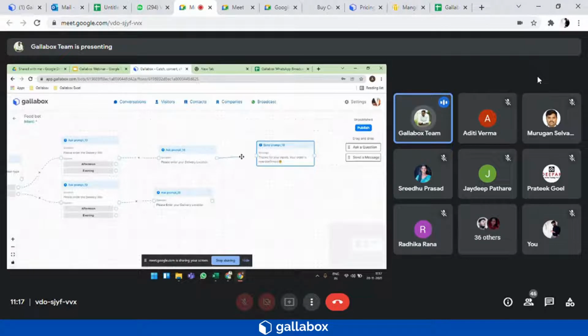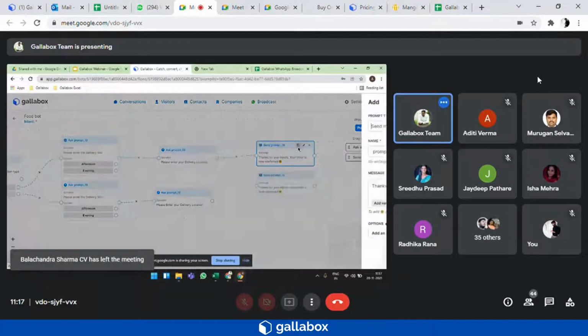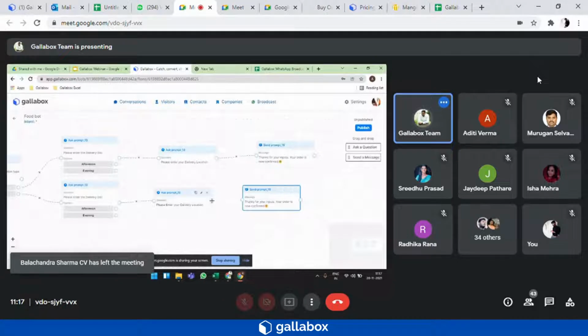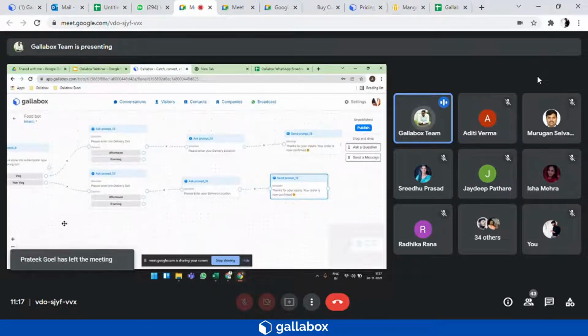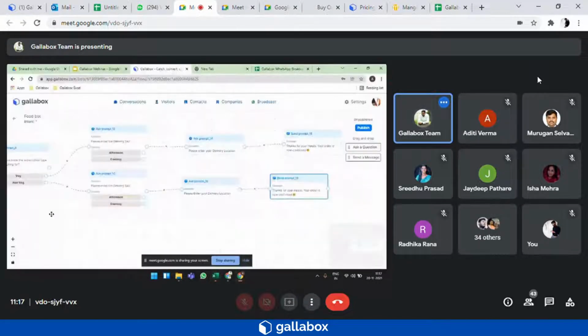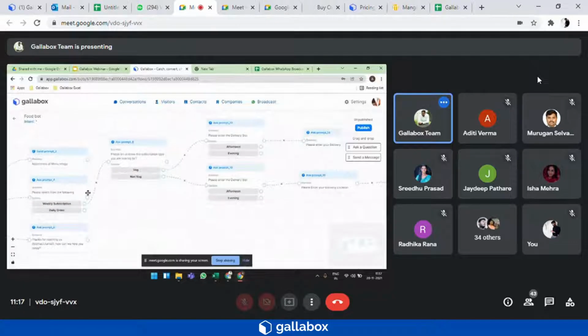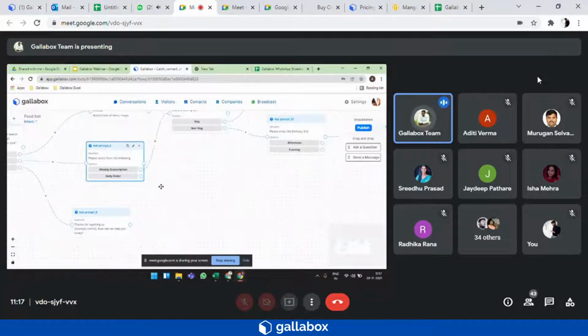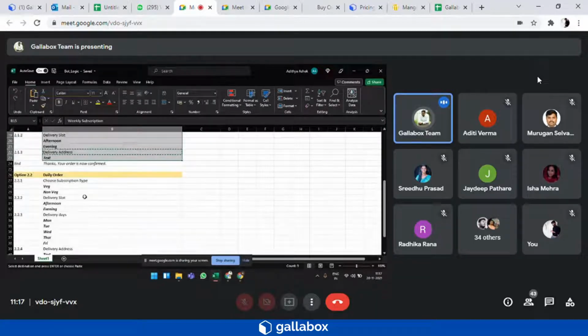And now I will connect this tile. Likewise, duplicate the same card and add it to the next button here. So now you can see that I have completed a particular flow for the weekly subscription. Now I will move on to the daily order button, where questions for the daily orders should also be asked.